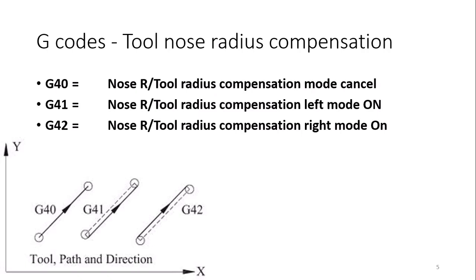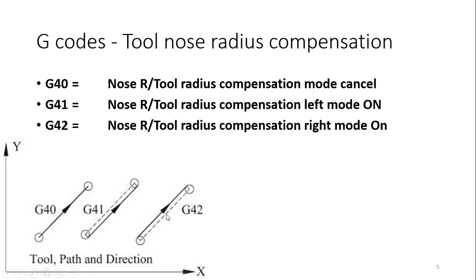But tool nose radius compensations are of two types. Clear? Let's see in this example, if you are using this tool on the exact surface, this is the surface of your job here, and this is the tool movement. If they are both on the same path, it will be used as G40, meaning tool nose radius mode cancel. If you are using G41, it is tool nose radius compensation left mode. The dark arrow is your job surface, and this dotted one is your tool path, correct. So if it is to the left of the job, that will be called G41, tool nose radius compensation left, and if it is on the right side, it is tool nose radius compensation right, and it is termed G42.